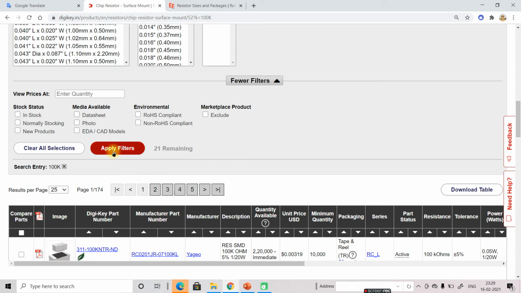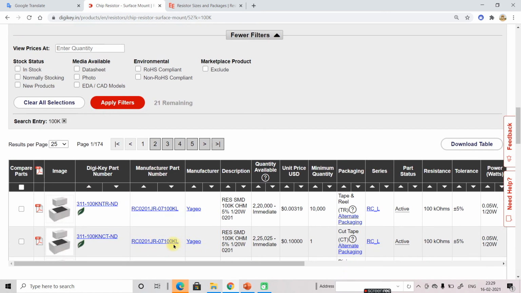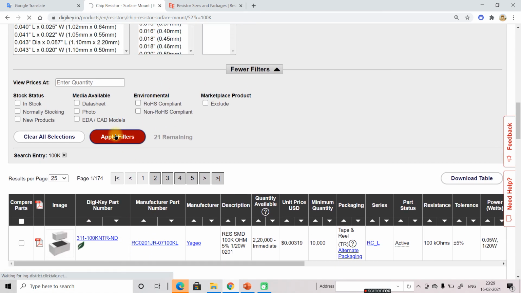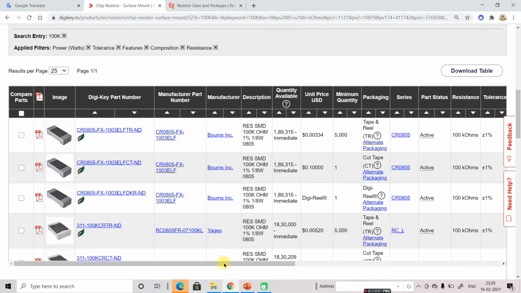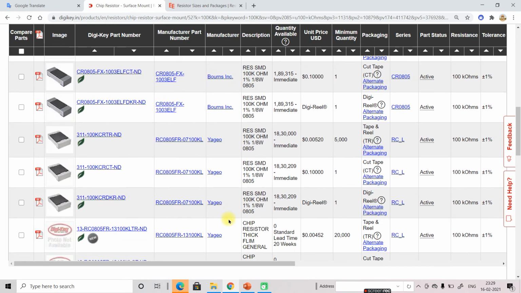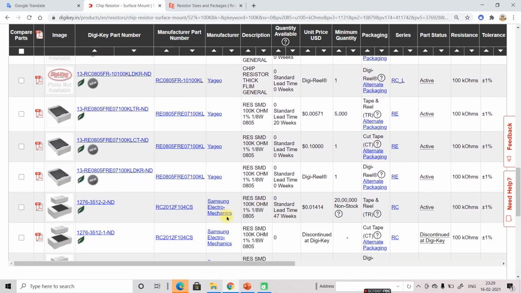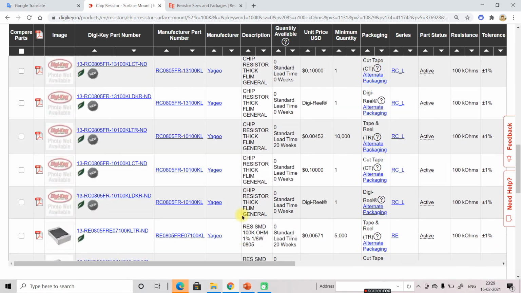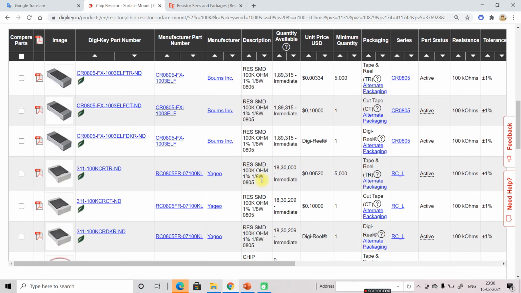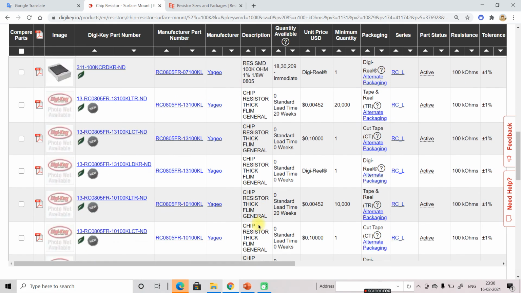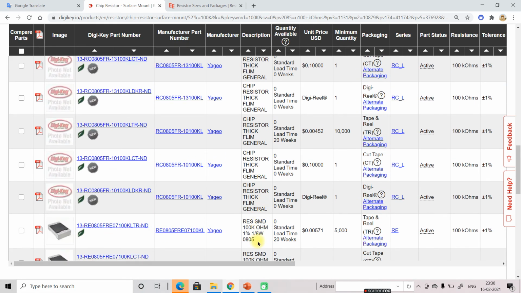So now I apply the filter, it will show the 21 resistance below here in place of these resistances. So I click here, and as per our selection, it will show. We did not select the manufacturer, so it will show many manufacturers' components automatically. Okay, value we had selected 100 kilo ohm 1%, 0805. 0805 we had selected, so it is showing 0805.